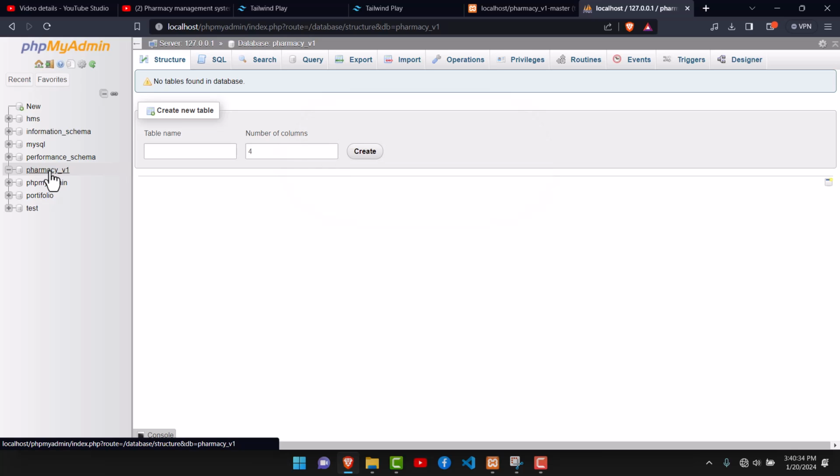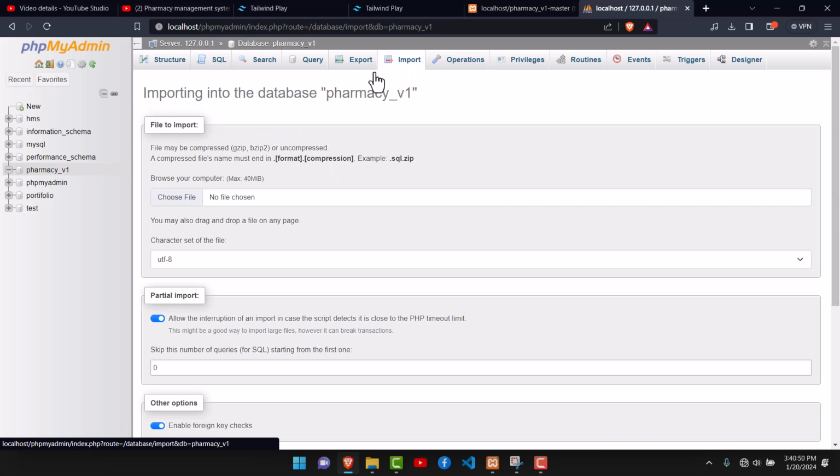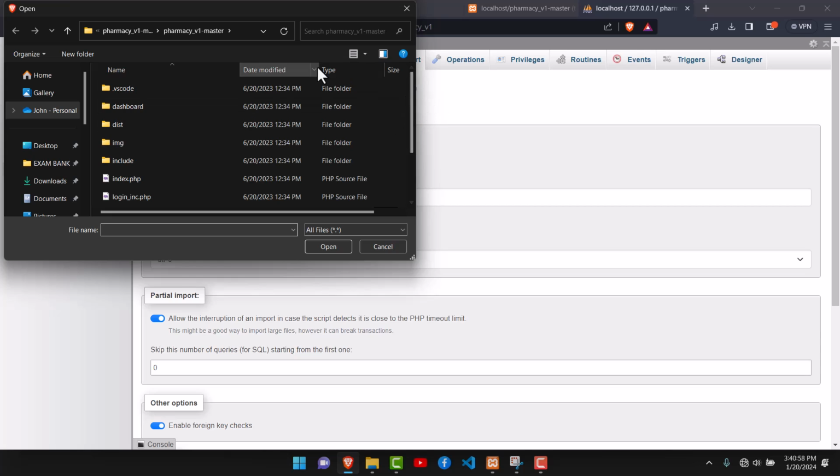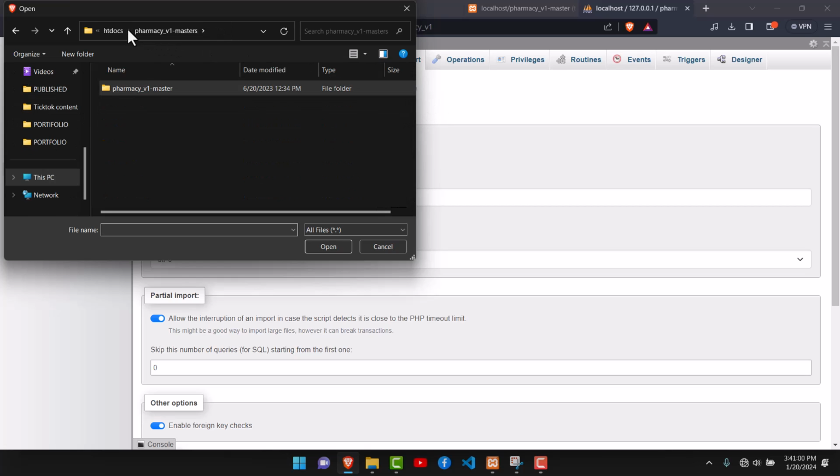need to export the database here. I've also provided the database in that source code folder, so that's what we're just going to grab. So let me just show you how. So here we have the export, so just click on this tab, export, and it should open this page. It's asking you to choose the file, so just click on choose the file to import, and we are going to go to the file that we have